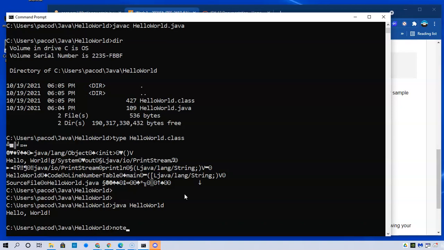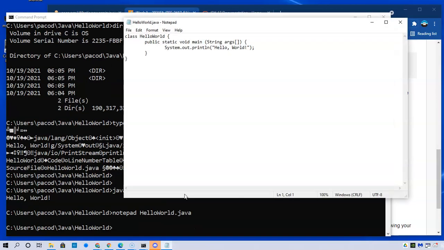I can go to Notepad and look for that HelloWorld again. It's going to be HelloWorld.java, actually our source code. I'll press enter. Here's my source code. If I wanted to add a second line, I could just repeat what I said in the first one with the System.out